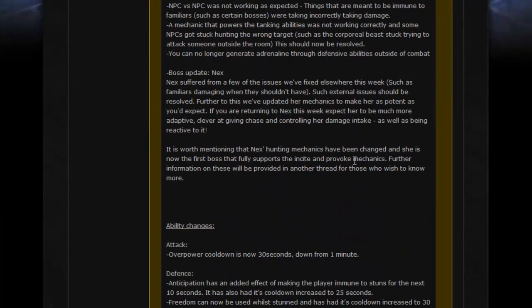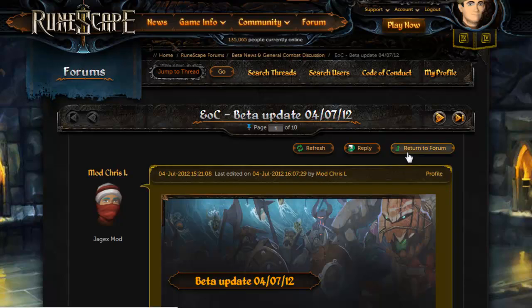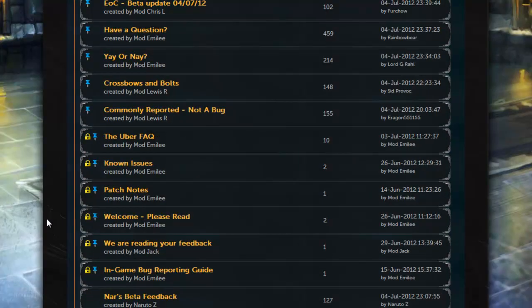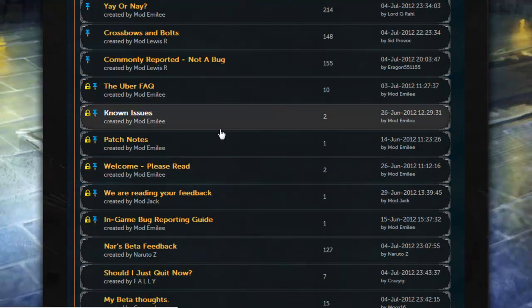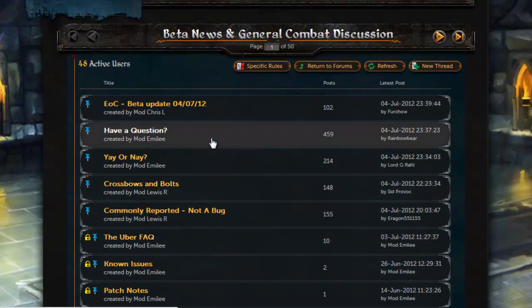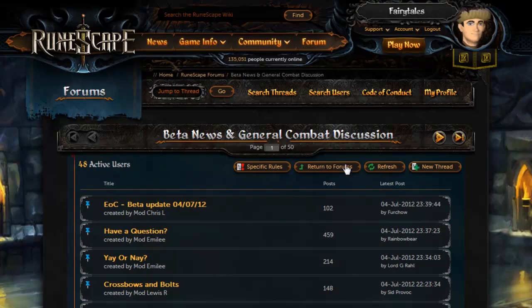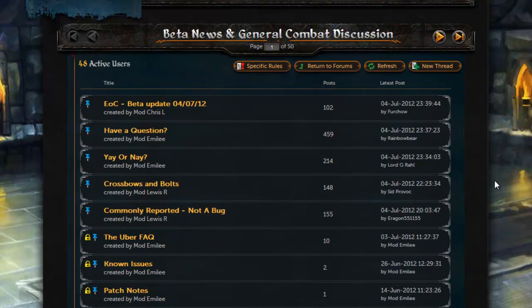However, there's one little bit that's saying that Modcrisel said that they'd provide another thread for more information on Nex. However, I can't find this thread anywhere. It doesn't seem to be stickied anywhere. I've had a quick look down all the stickies, and I can't really find any on Nex. I've even gone on Modcrisel's posts, and even this one doesn't show. So I'm assuming the beta ones just don't show on their account. I'm not sure, but anyway, I hope you guys